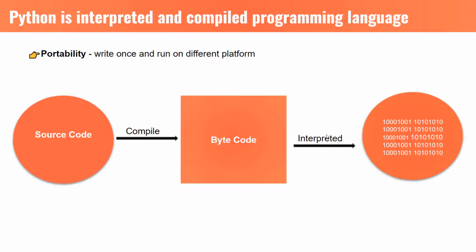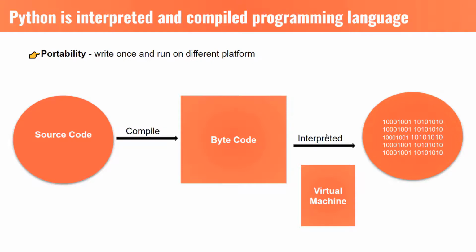And to solve this problem, we have the concept of a virtual machine, which is called the Python virtual machine. What you run is bytecode, and this bytecode will run on the virtual machine to be converted into machine code. That simply means now it doesn't matter what your CPU architecture is. If your machine has virtual machine software, called Python virtual machine software, you are good to go.